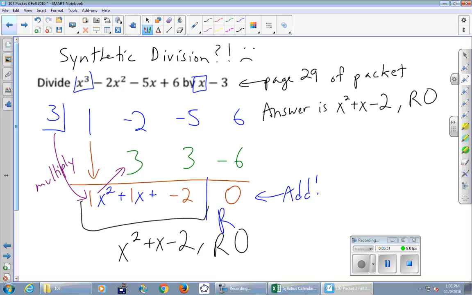If you want to explore why, like where do these numbers appear? You did the long division problem already, the long way. You'll see all of these numbers. You just got to find them. But the only thing I'll say here is that the very first thing we did to get this original number was change the sign. That changing the sign made it so that instead of subtracting, we want to add. So we took care of all the subtracting by just changing the sign. There should probably still be a lot of mystery associated with synthetic division, but in any event, that's part